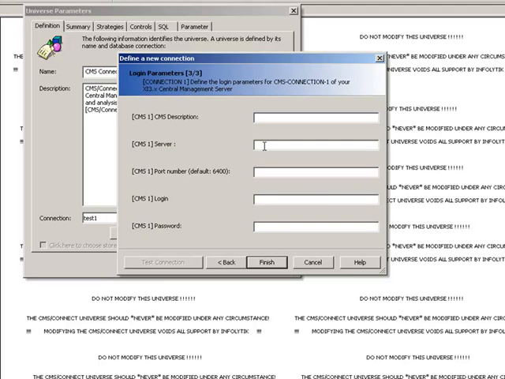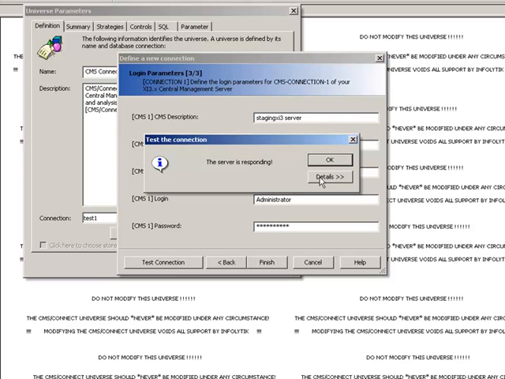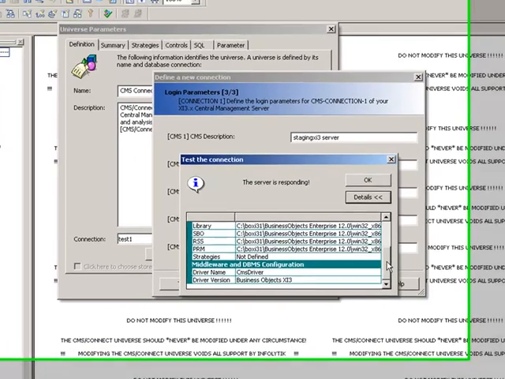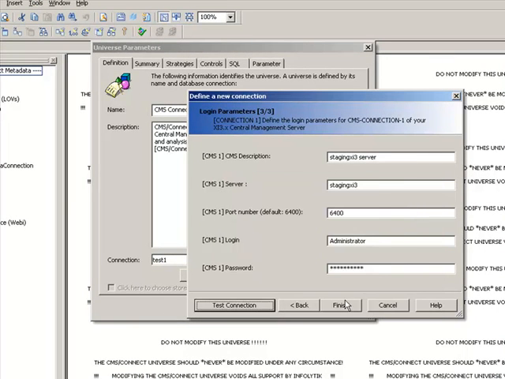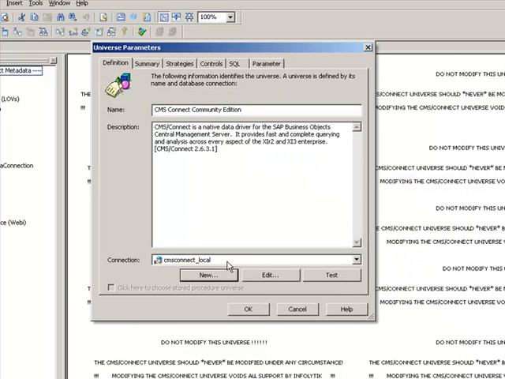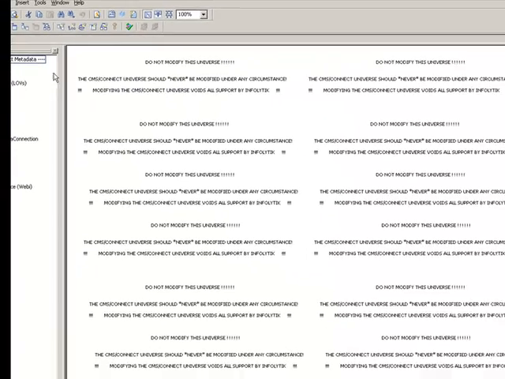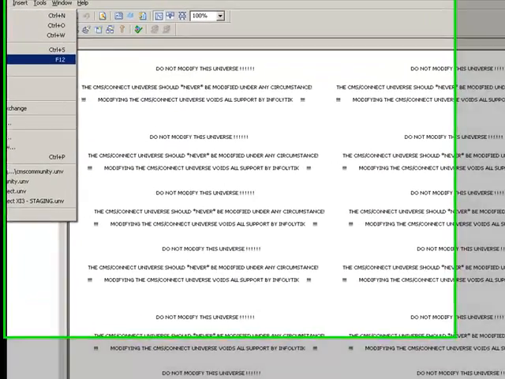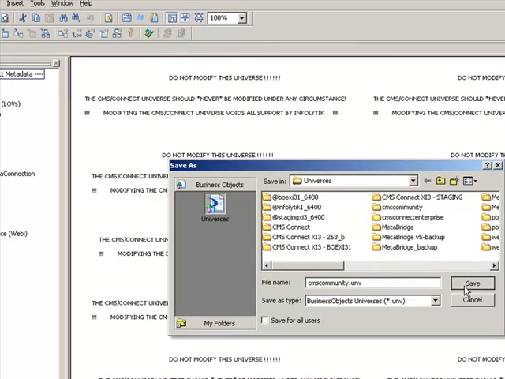I click Next, and now it's asking me for the parameters of my CMS. So I go ahead and fill this out, and here I can go ahead and test the connection to my CMS. I click Test Connection, and it comes back verifying that my connection is in fact valid. I click OK, Finish, and now you'll see my new universe connection is pointing to the one I just made. I click OK, and now I go to File, Save As, and now I simply go ahead